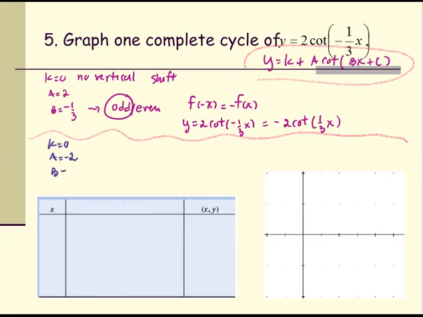The b value is positive, and the c is 0. K is 0, no vertical shift, so no change for the vertical shift property. After we use the odd even function property, a is negative 2, since it's negative, so the graph is reflected